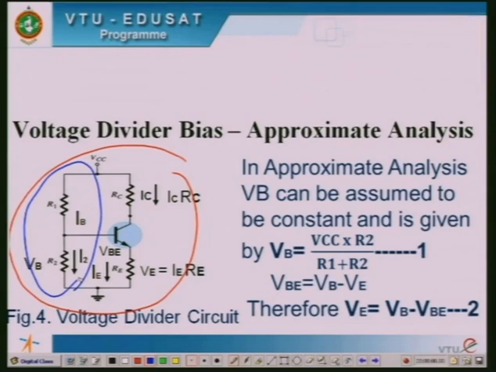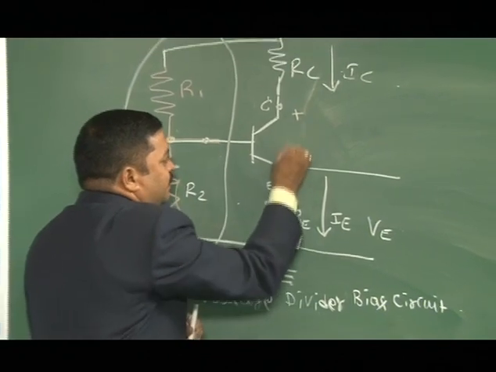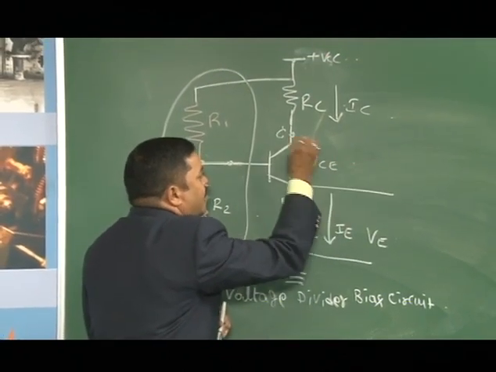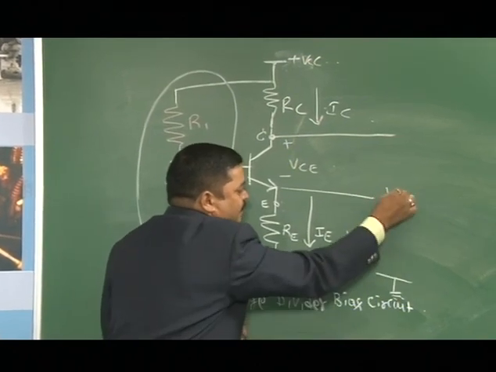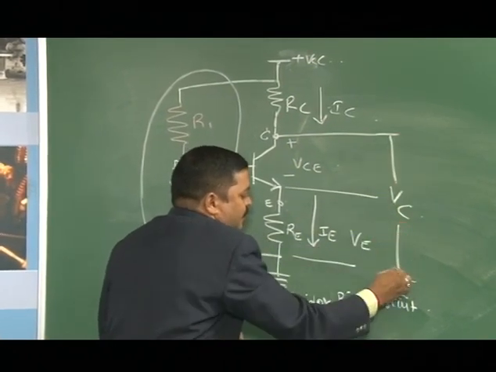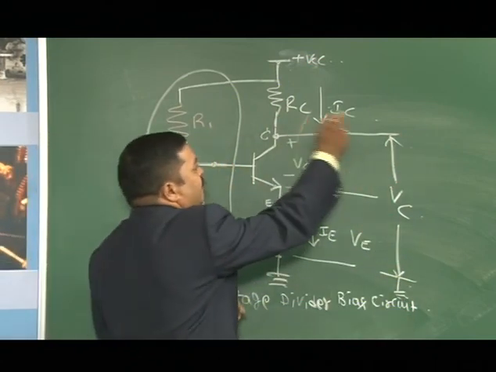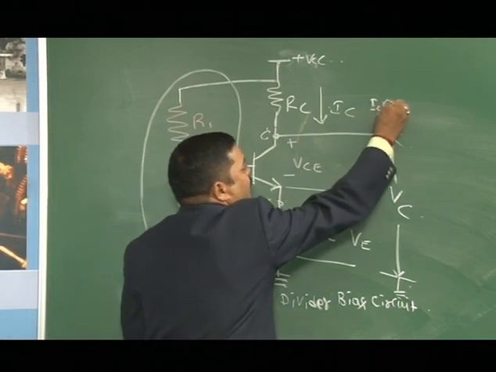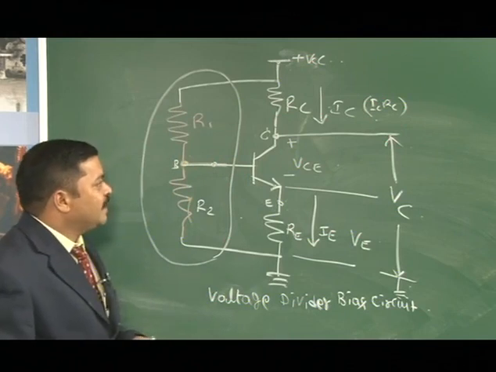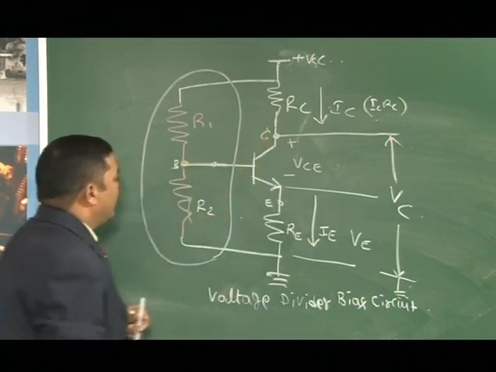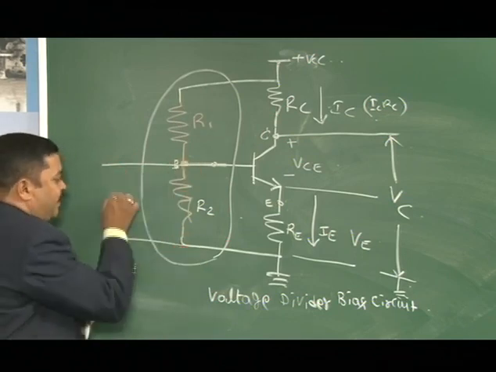we will be considering this as VE, and of course, there is plus minus VCE here, and at this point whatever the voltage with respect to ground we get is called VC. This is VC, and of course what voltage is flowing through RC? It is IC into RC. We know that current multiplied by resistance gives voltage, that is the drop in the RC, and this voltage between base and the ground we call VB,